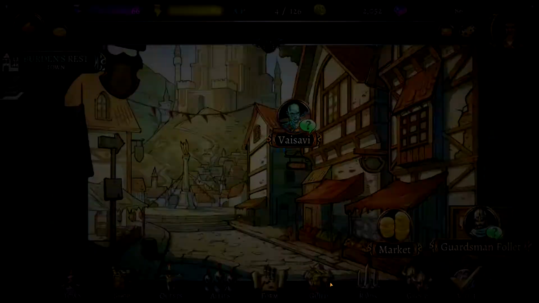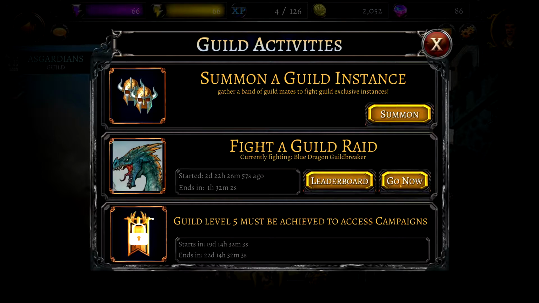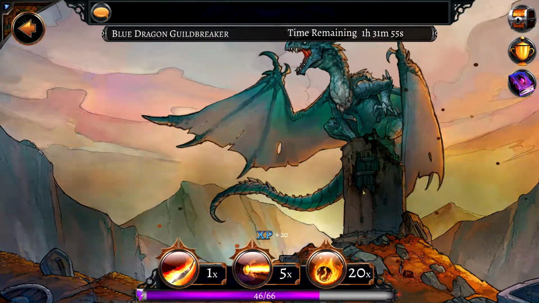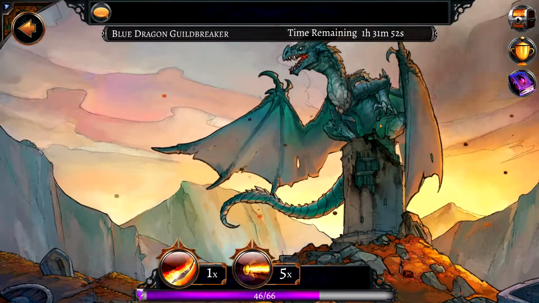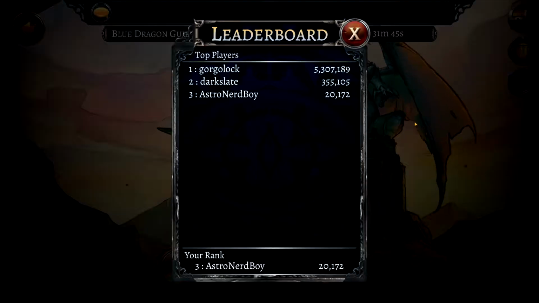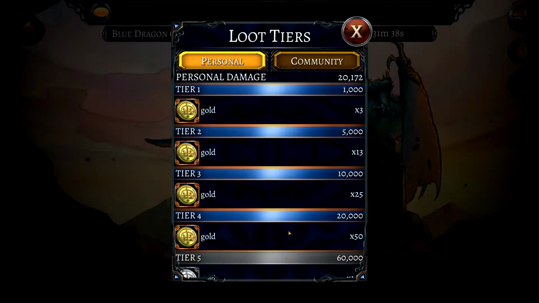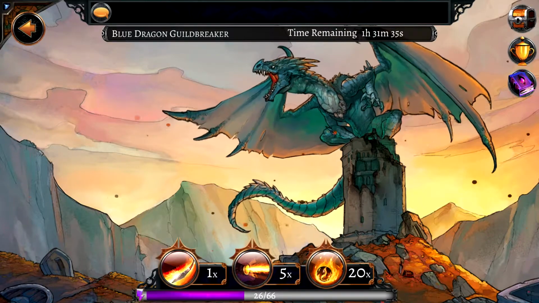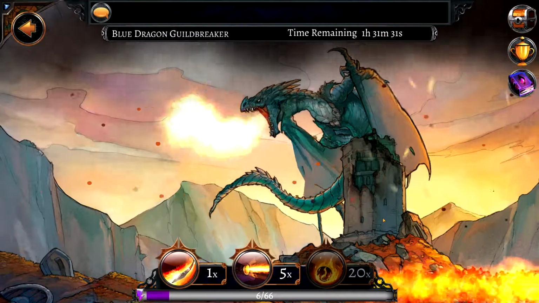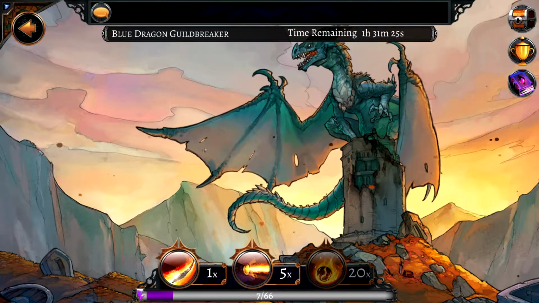So, let's go back into the guild real quick. And the guild activity, was it? Go now. Alright, I saw a +100 come up there, so let's look at the tier list. Oops. Let's look at the tier list. And there was a 50. So I really can't tell when you get this kind of loot. And maybe you have to kill the